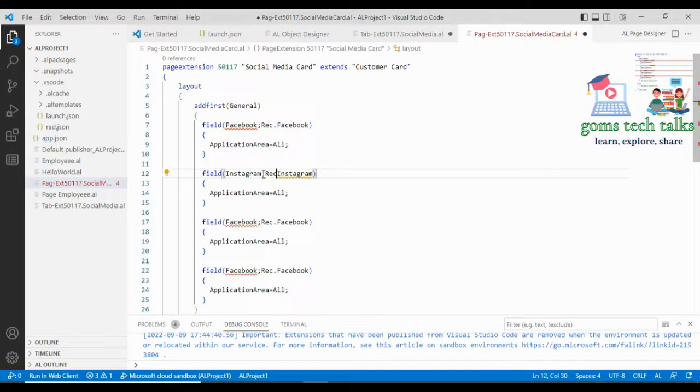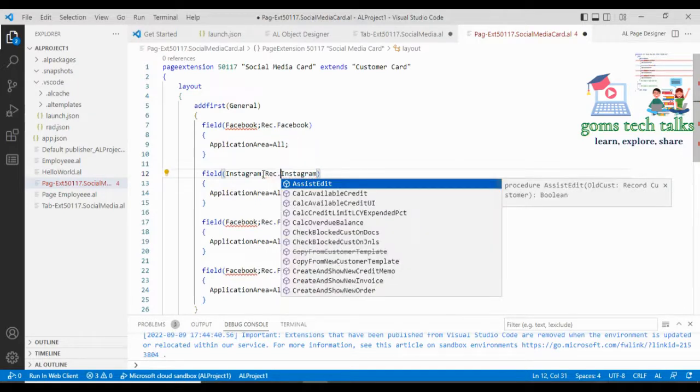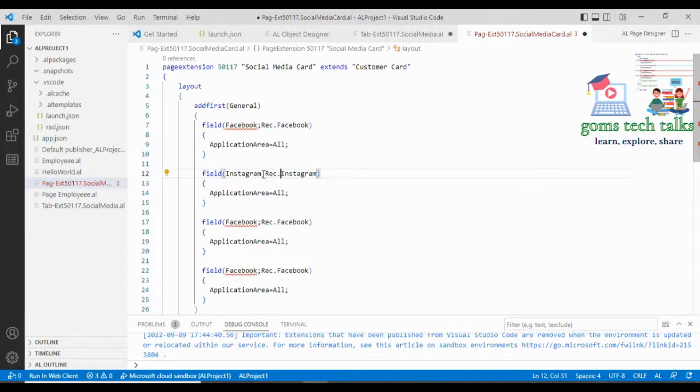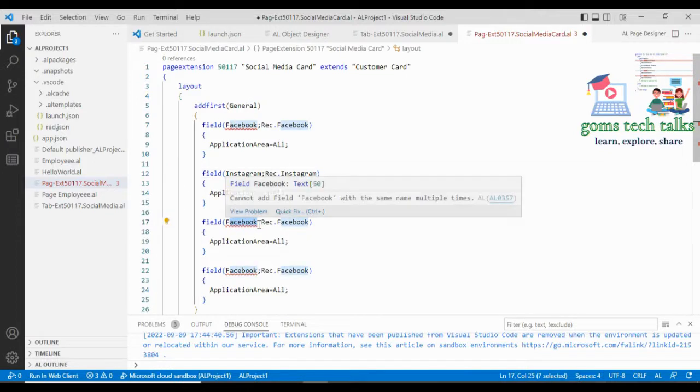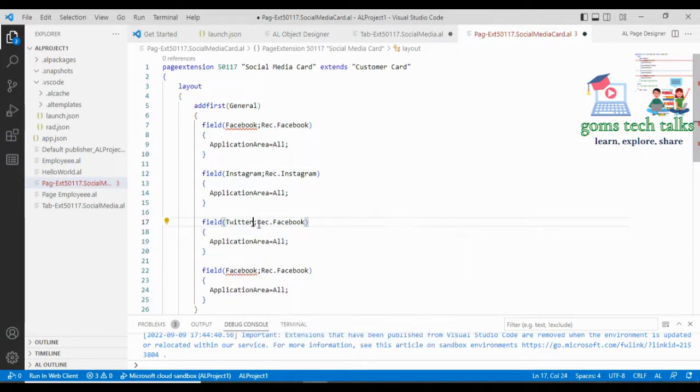So this is not a warning. Okay, that is a brown color. That is not a warning, but that is simply... sorry, that is not an error. That is a warning. Okay, Instagram, then Twitter,